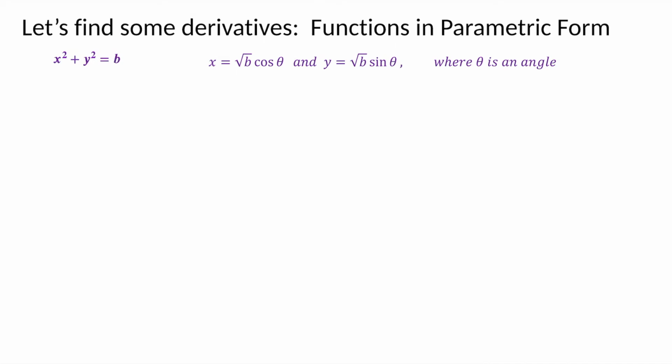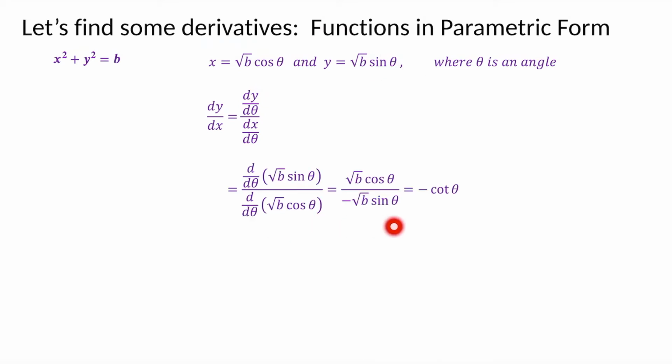Now we need to find dy by dx. Well, it's pretty straightforward. You take dy by d theta on the numerator and dx by d theta on the denominator. You know that d theta would get cancelled and it would eventually become equal to dy by dx. But we do this because it's easier probably to calculate dy by d theta and dx by d theta, because we have got these simpler expressions. So that's what we do here. We take the derivative of y with respect to theta, x with respect to theta,